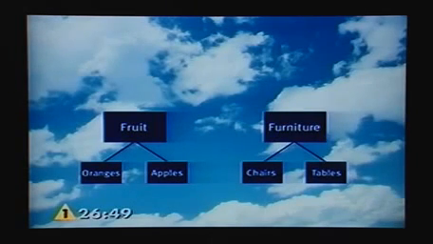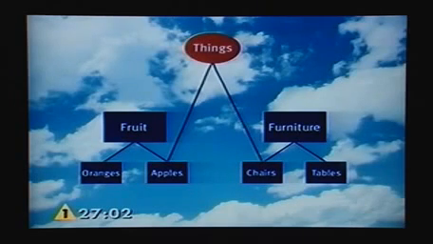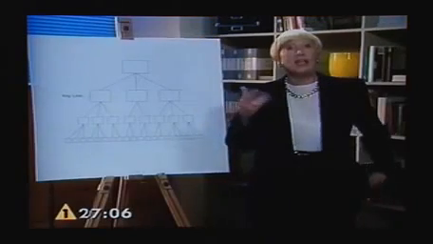But now, suppose you want to combine apples and chairs. You can't do it at the next level because that's already taken. You'd have to move very much higher and call them something like things or inanimate objects. But that's a useless thing to say about them. If I say to you, I'm thinking